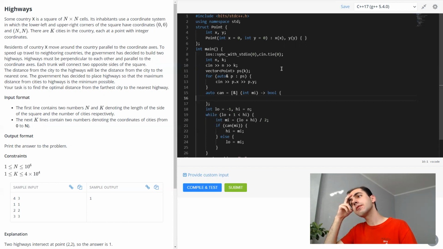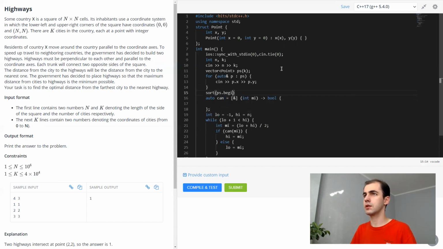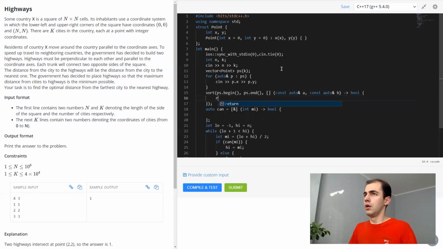Okay, imagine that we have, okay, makes sense. So what we are going to do is we are going to sort points, and that's important. Are we guaranteed that points are, we're not guaranteed anything, that's HackerEarth.